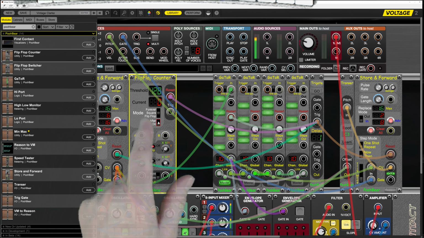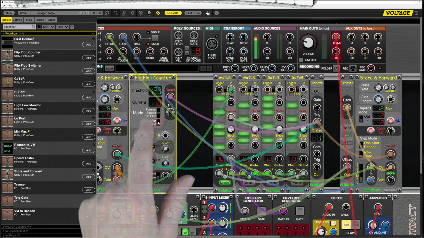We need different channels, so I'm going to put that on 1, that on 2, and that can be on 3, for instance. I need to drive these, so there we go. We're going to have some gate data. Same with this one, we're going to need some gate data, and some gate data for this one. Again, I'm going to need some trigger, so let's hold down my control key so I can quickly go reset, reset, reset. And what I'm going to do with these is take the outputs